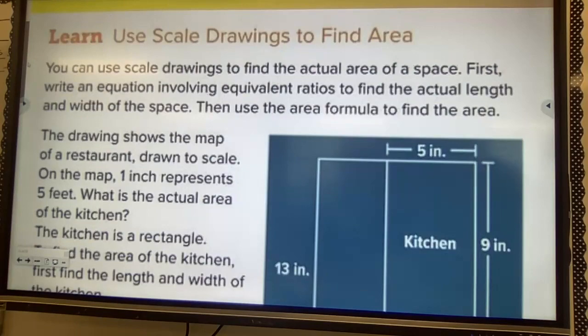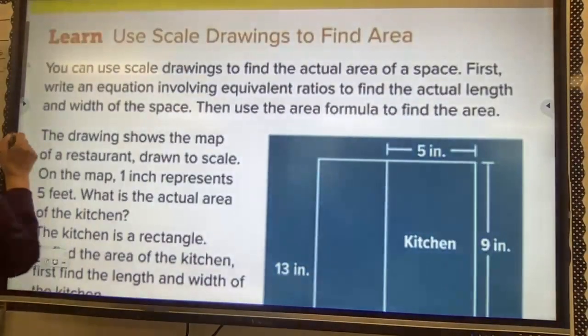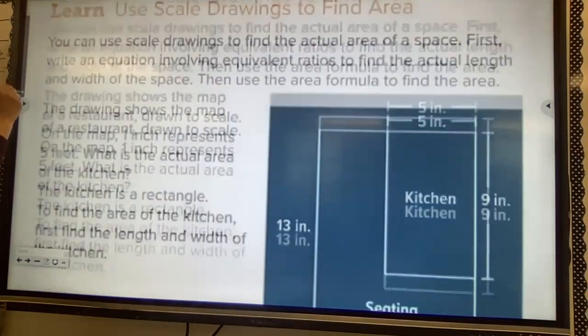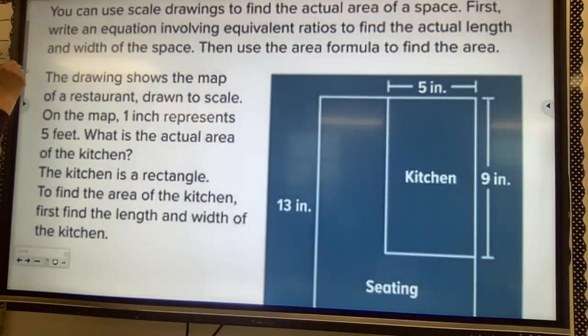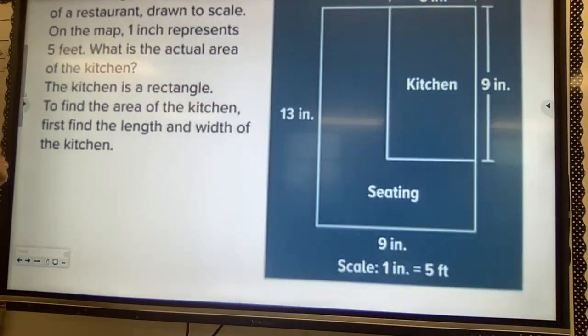So first we are going to write an equation, but here, let me try to pull this down. This is just not behaving today. All right, so let's look at this. All right, so we've got